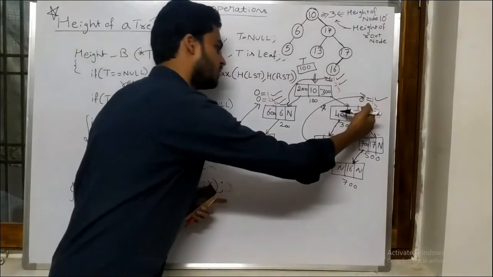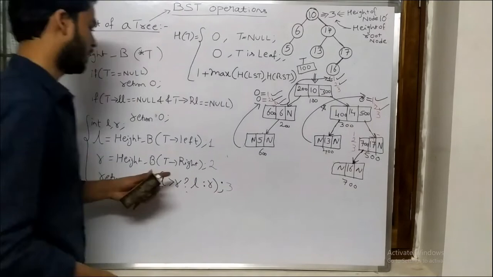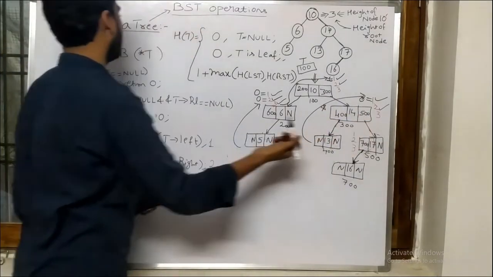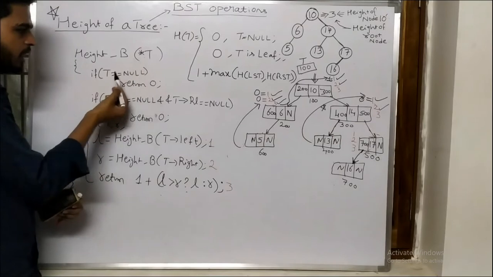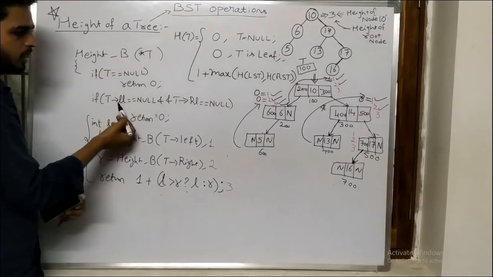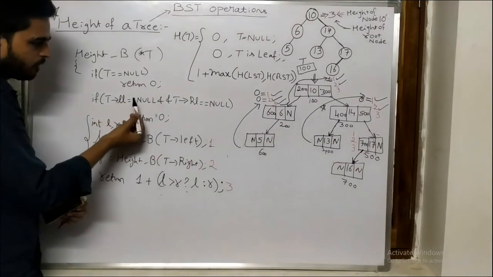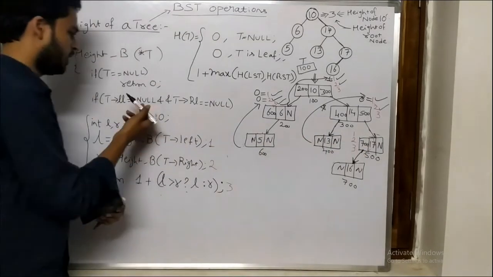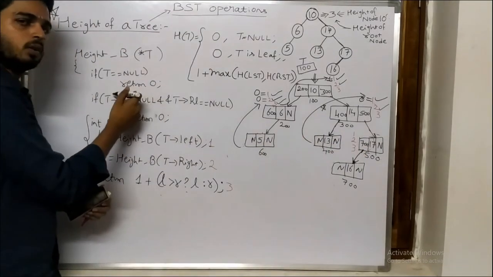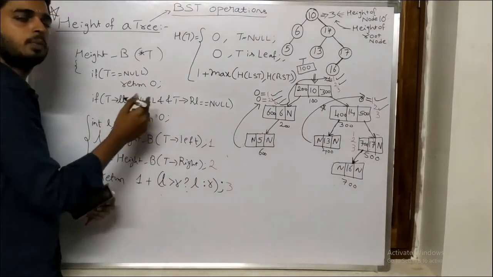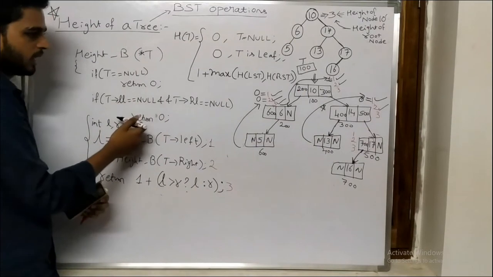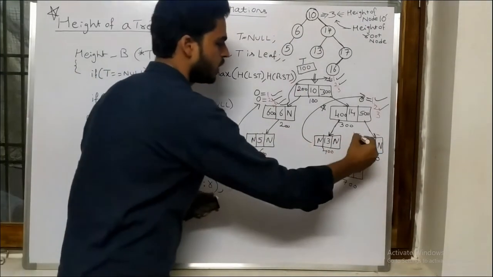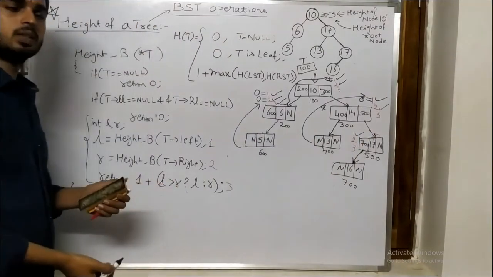After successful execution of this statement, it is going to execute the second statement, that is T tends to right. What is T tends to right? It is going to pass 500. 500 is not null, then 500 tends to left link is not null, that is 700. In an AND condition, when one is false, then the entire statement is false, right? So it won't execute this condition. Then it is going to execute the first statement.